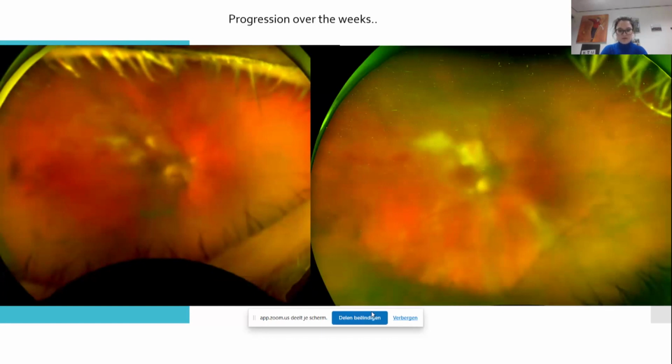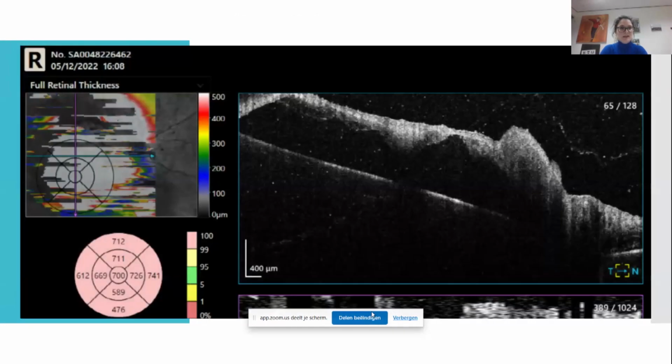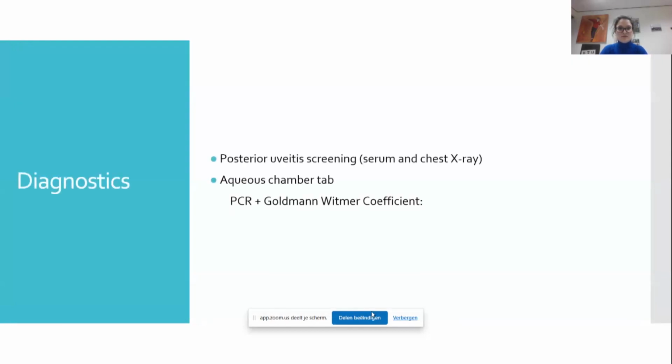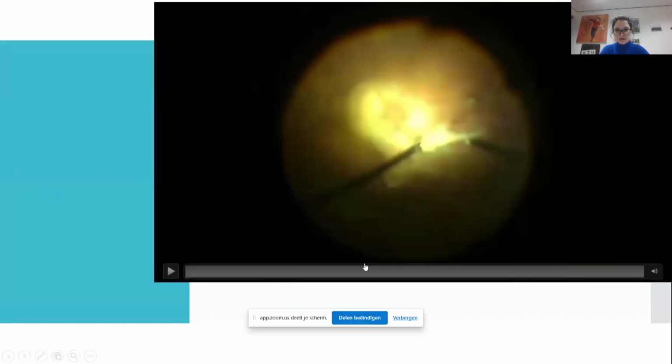So we thought this could be an infectious cause, and maybe it's bacterial because of the fast increase in size. This was the OCT, and the most involvement we saw was subretinal, so we thought. We performed diagnostics, the screening. We did an anterior chamber tap for the PCR and the Goldmann-Witmer for viral causes and toxoplasmosis, but they were all negative. And then we performed a diagnostic vitrectomy,